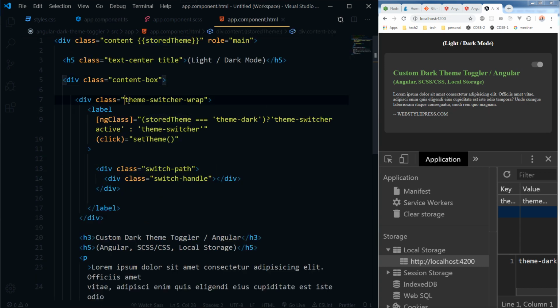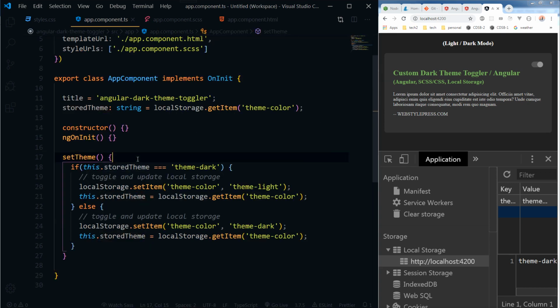We are just checking it here that if stored theme has got theme-dark value, then toggle class active here, and it has got our click handler that is triggering the set theme function. And we have got set theme function here that is just toggling the theme-dark to theme-light, and then it is firing this method again